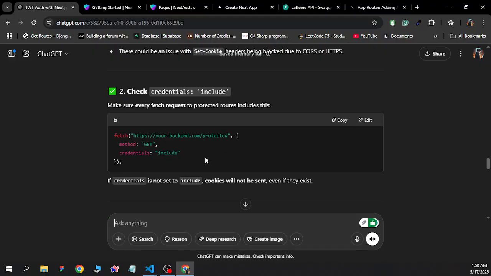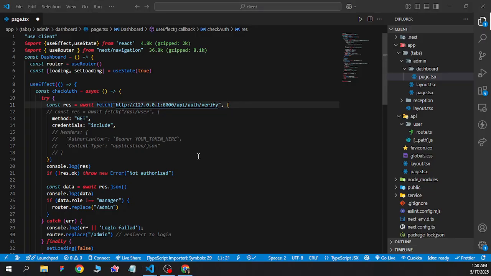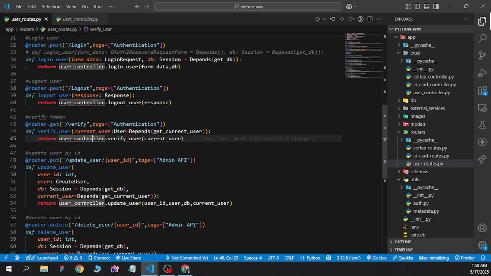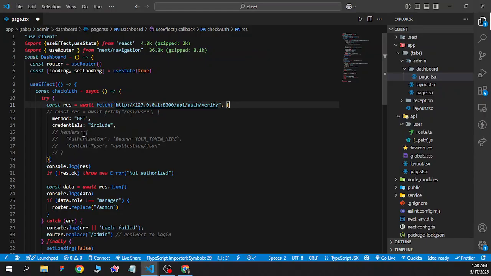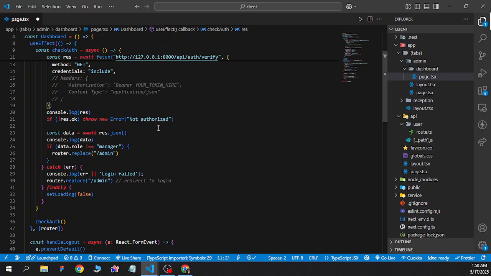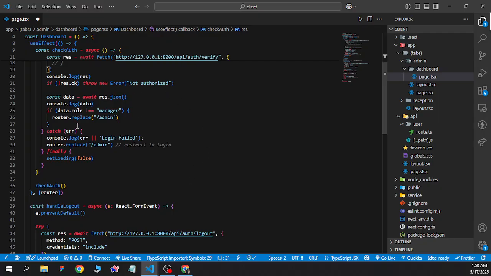Credentials include. What's the method here? It's get, because that's what is going to happen. Include. Just do admin, or